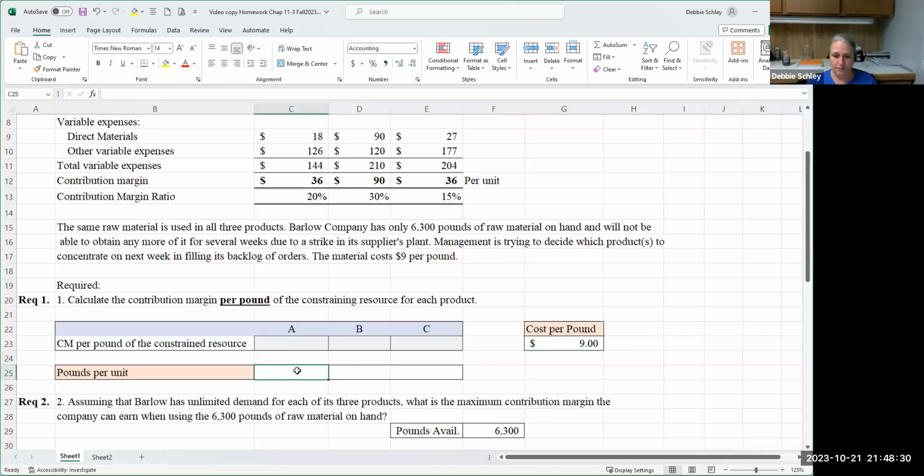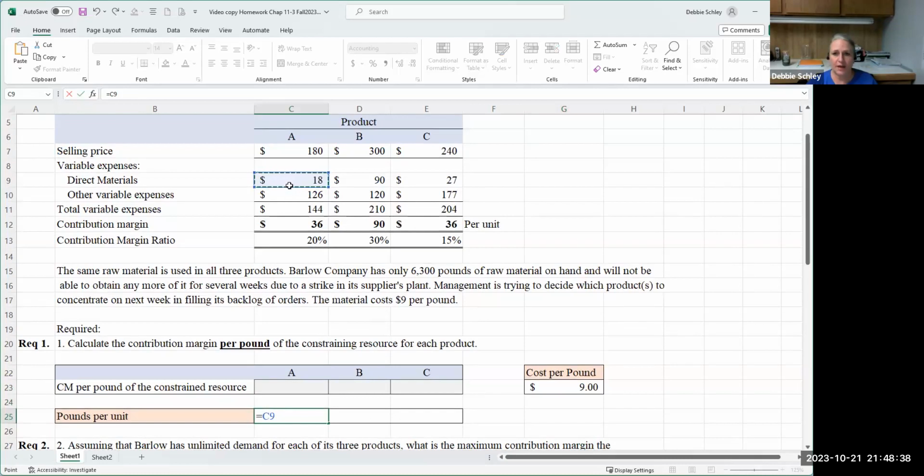And so, quite simply, we will just take the cost of the direct materials for A. If I can scroll up so you can see. So there's my A, direct materials, and I'm going to divide that by the cost per pound. And that answer will tell me that it takes 2 pounds to make one unit of A. And so then I'm going to actually anchor this cell